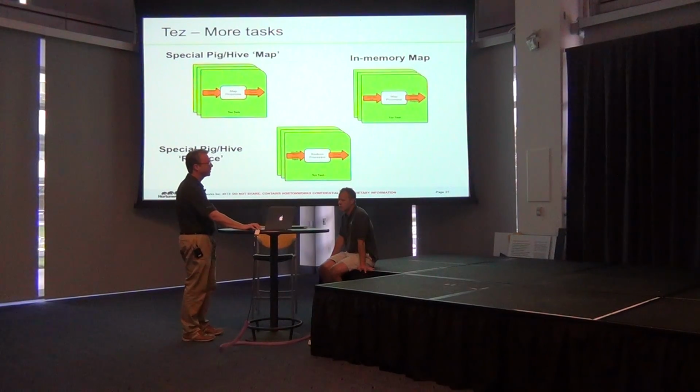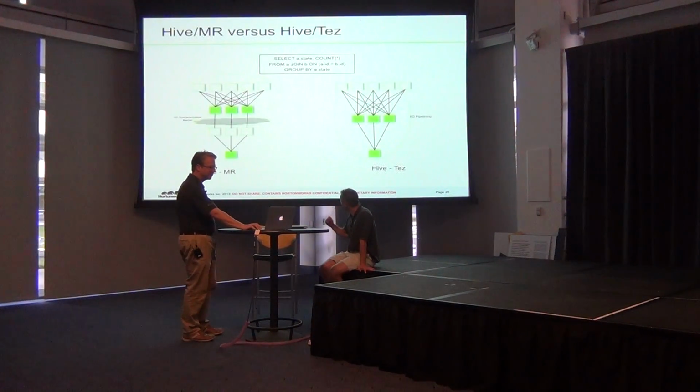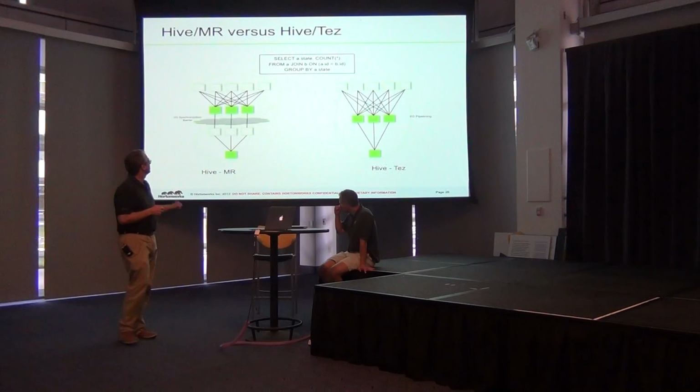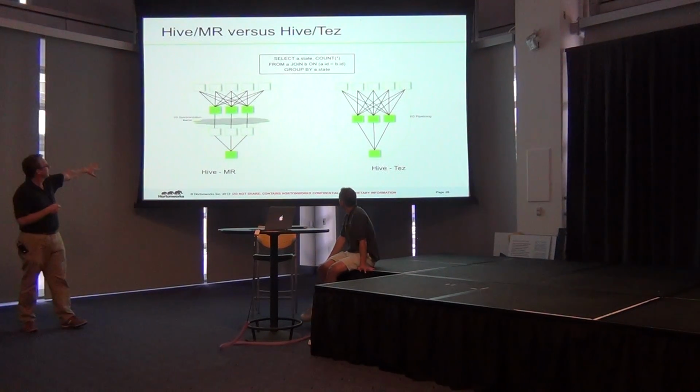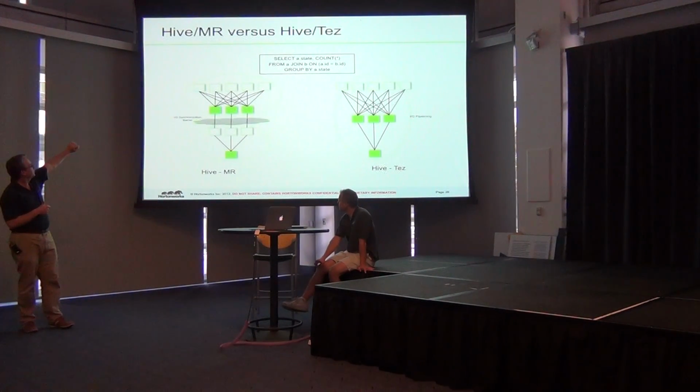Of course, we also pick up the ability to define more tasks and more different kinds of shuffle. So here's one of the examples. On the left, you have what currently happens in MapReduce, where you've got